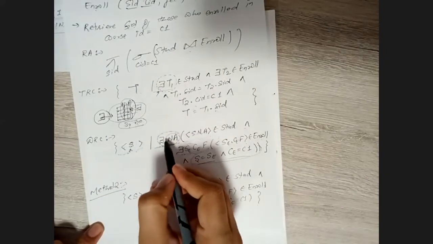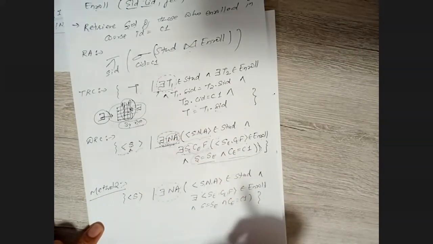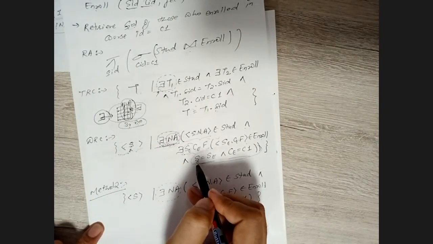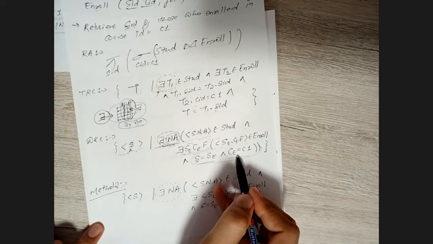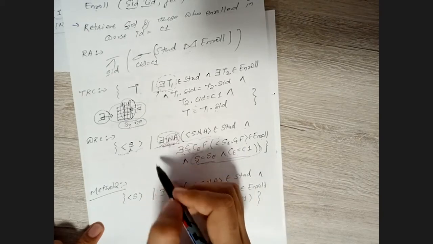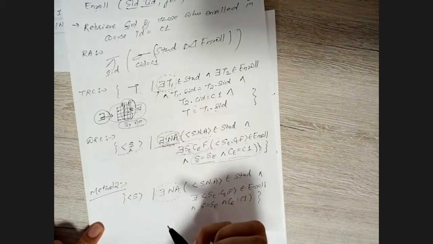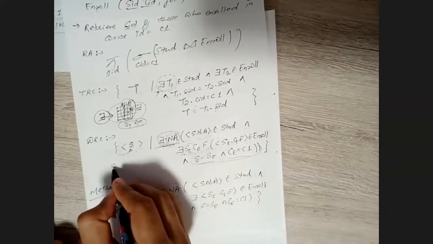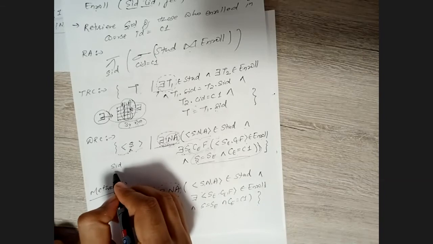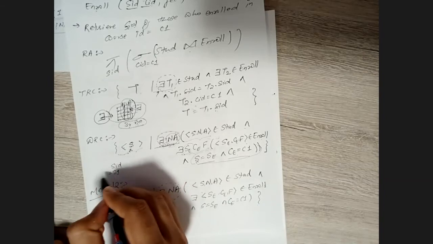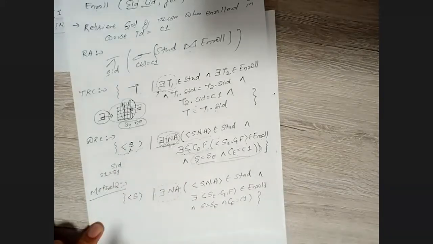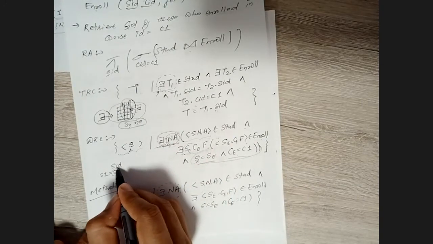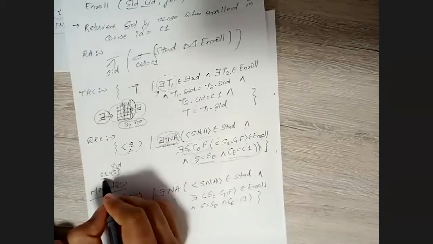I am not required to check the condition over s here, because I know those s values will be only those values that are going to have the values from here. If I write s here, it's not wrong, but it doesn't make any sense. Because I want to retrieve sid whose value is s1, and if I write s here, probably some ID will be there s1, and whose values will be again s1 equals to s1.